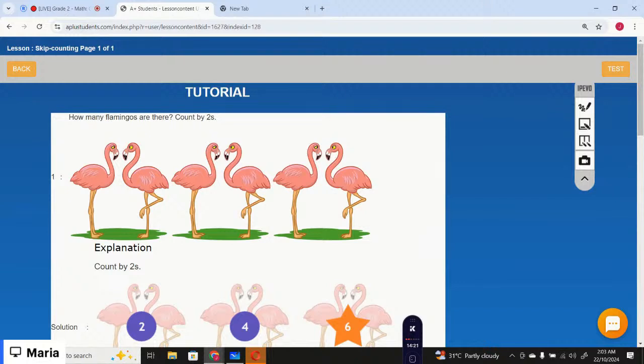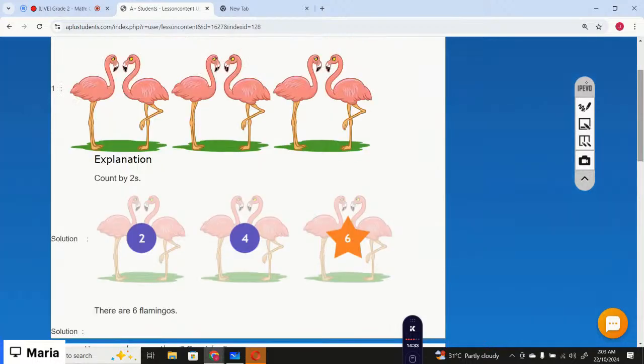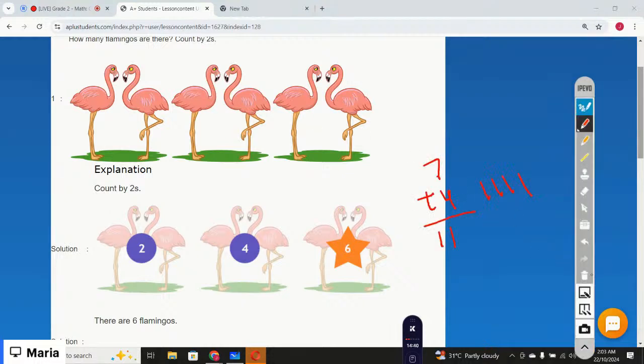How many flamingos are there? Count by twos. So we're going to learn how do we count by twos, right? So skip counting. That means we're going to skip some numbers, right? Like here you are given the flamingos, you need to count them. You cannot count them like